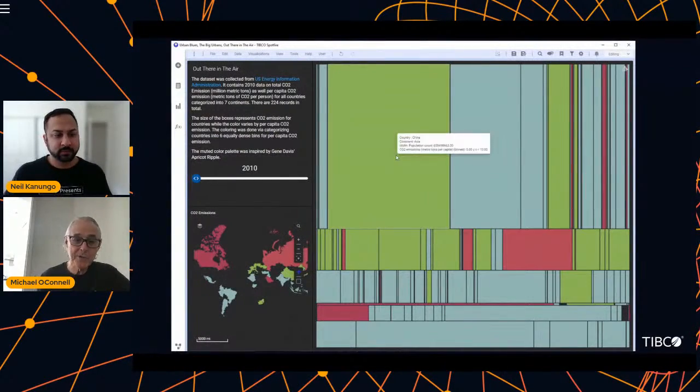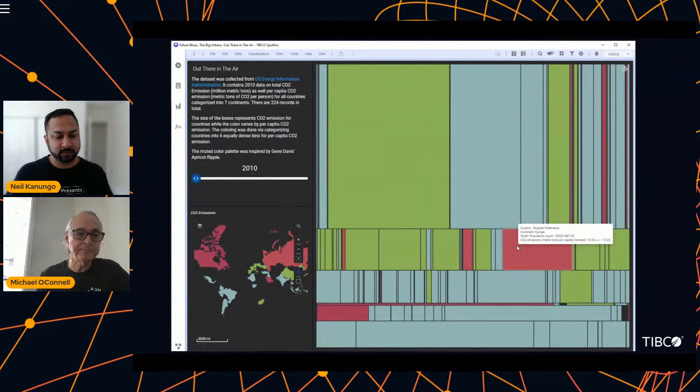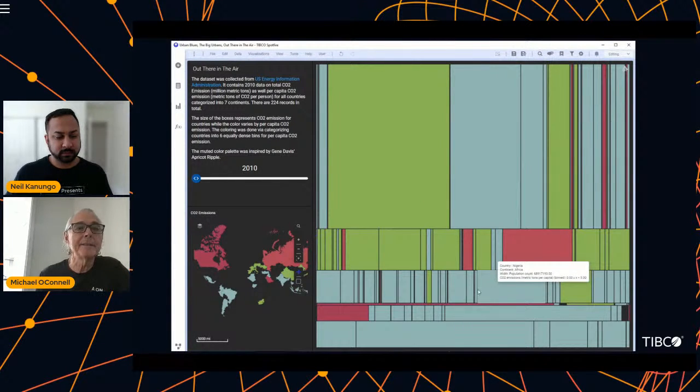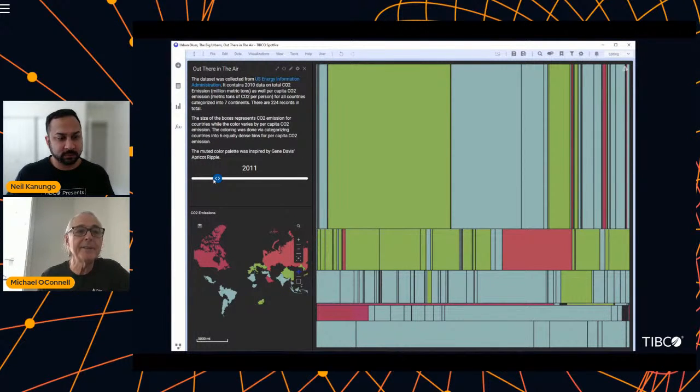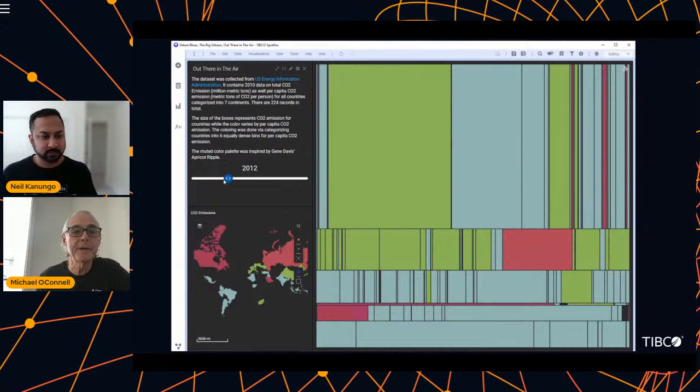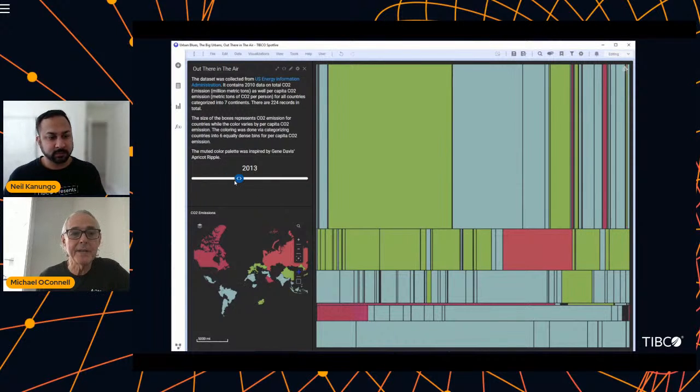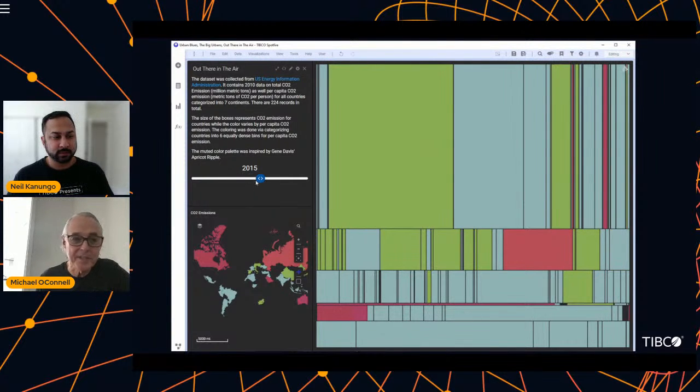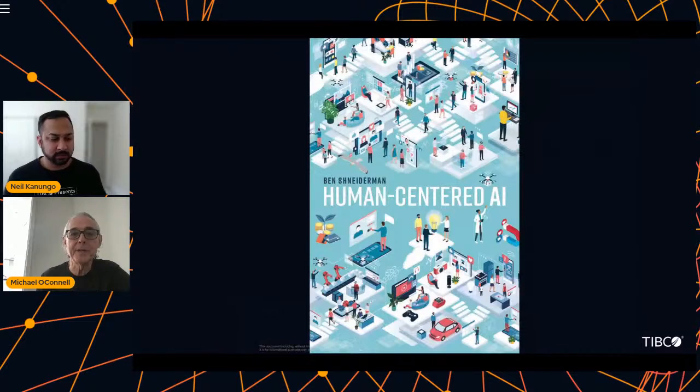And Ben was also known for inventing the tree map. And this is a tree map that Ben created looking at carbon dioxide in the air. The size of these boxes is the CO2 emission for different countries, and the color varies by the per capita CO2 emissions. And Ben did this for 2010 data, from the U.S. Energy Information Administration. And we updated that to go into the other years from 2010 to 2020. This is what Ben called a slice and dice tree map. We've also implemented through Spotfire mods the Marimekko and other variants on the tree map. And there's the cover of Ben's book, which is definitely a very cool treatise.